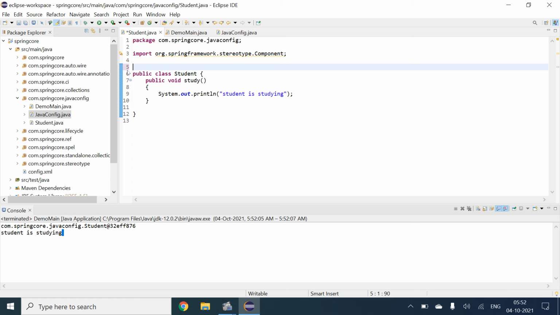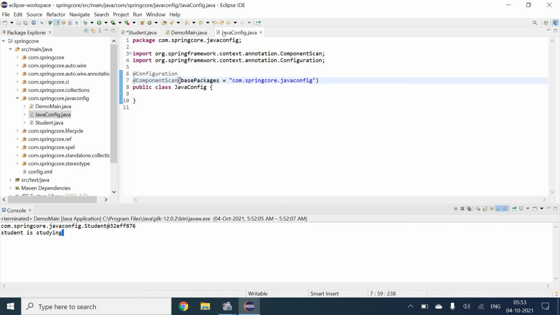What if I don't want to declare my class as a component, and instead I want to use the bean annotation? We will write something extra in our Java config. If we run now, we will get some kind of errors.